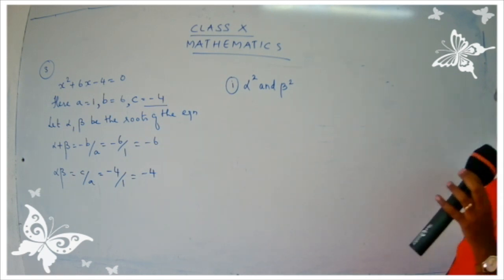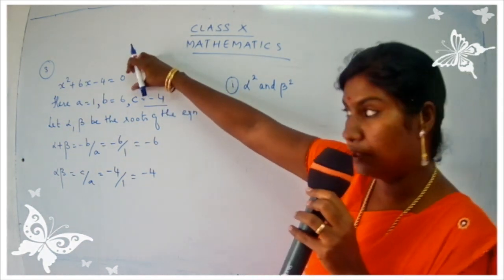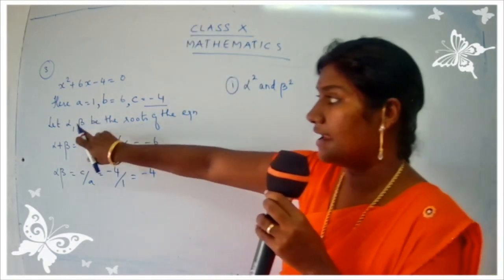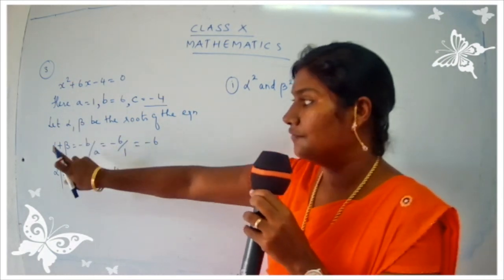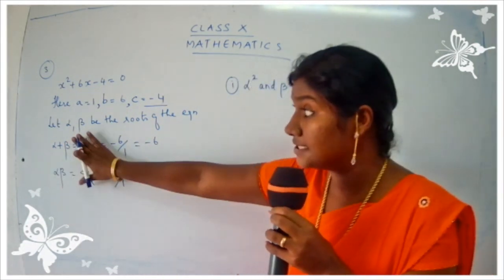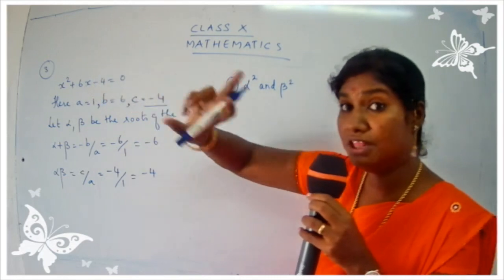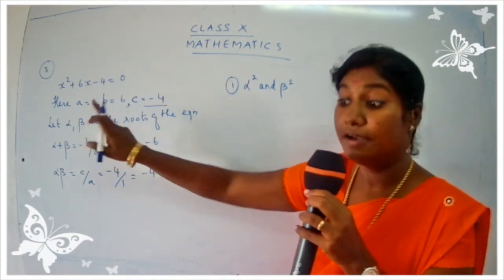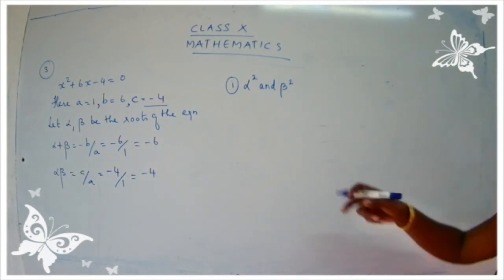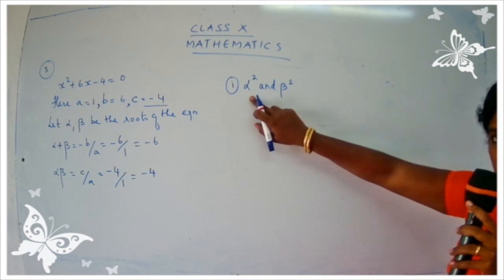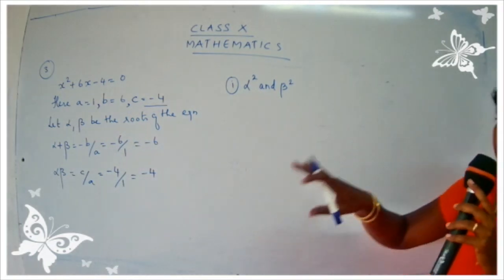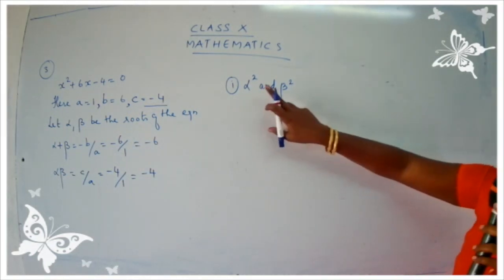So just do not get confused. The equation was given to you in the question. For that particular equation, what were the roots given? The roots were alpha and beta. So what we have done? We have found the sum of roots and also the product of roots, for the equation with the roots alpha and beta. Now they are asking you to find a new equation with new roots. What are the new roots given to you? It's alpha square and beta square. So instead of alpha and beta, we are going to take the roots as alpha square and beta square.